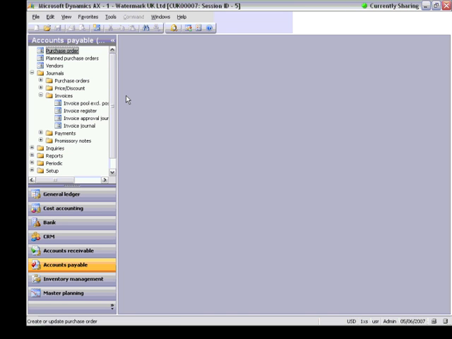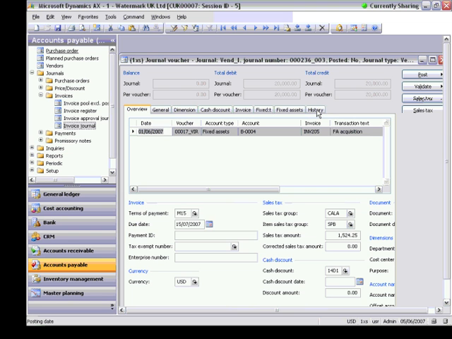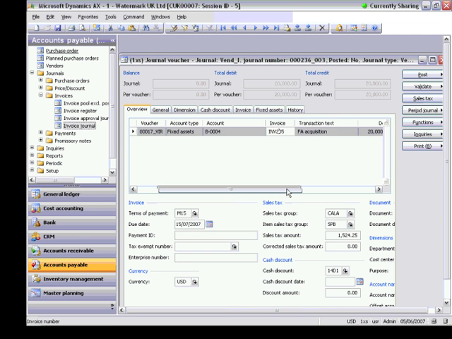And next step is invoice journal. Let me show invoice journal. I can record my fixed asset acquisitions in the invoice journal as well. So simply create invoice journal, then click button line, select transaction date, account type fixed asset, the fixed asset number, invoice number, amount in debit side,